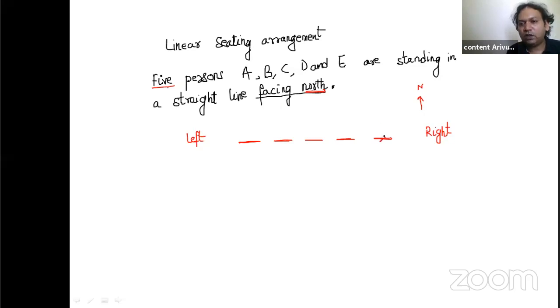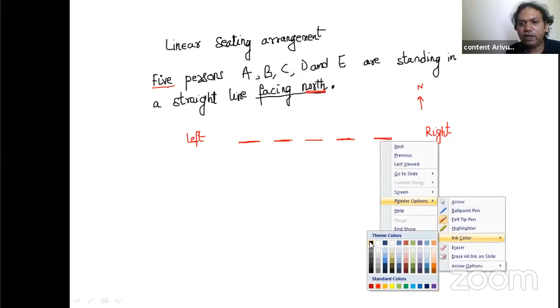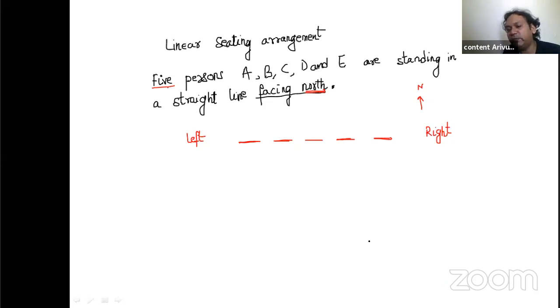Now let's start with, so how is a question made? Well, first we give you the information that there are 5 persons. Now, what is your job? Your job is to find out the seating arrangement. But how will you find out the seating arrangement unless some clues are given to you? There have to be some clues given to you, which is very, very important. Clues means hint. Some hint, some information is required in order for us to find out the arrangement. Okay, so let's see how they will give you clues.